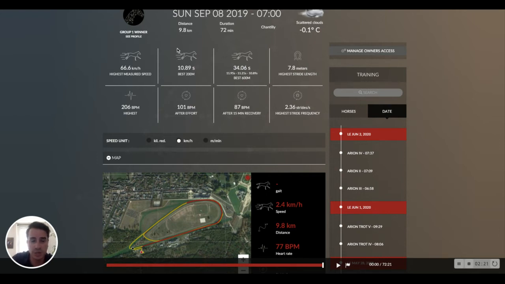So already those general data are very useful, because with the speed, we can know that the horse has for sure some speed aptitude that is even faster than during a race. So we know for sure that he has the speed ability to compete. And when you look at the heart rate data, you can see this one has amazing fitness. That makes sense because this horse is actually a Group 1 winner. And so with the locomotion data here, we will have a stronger and more objective look at the acceleration process of the horse.